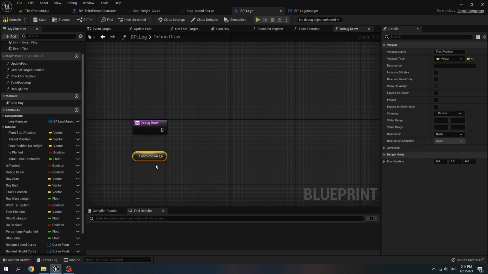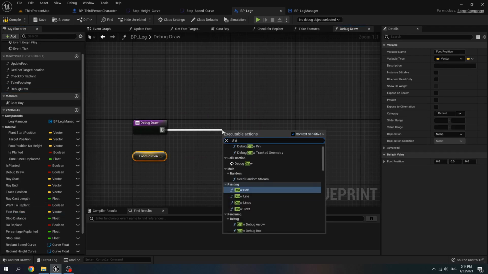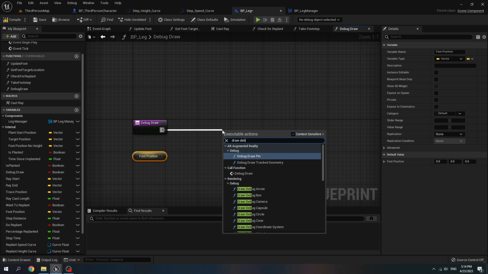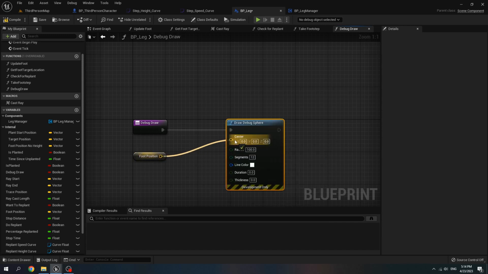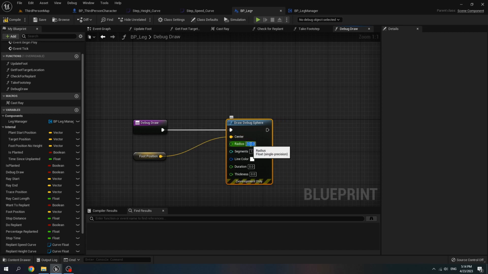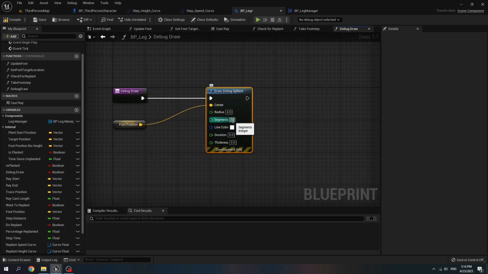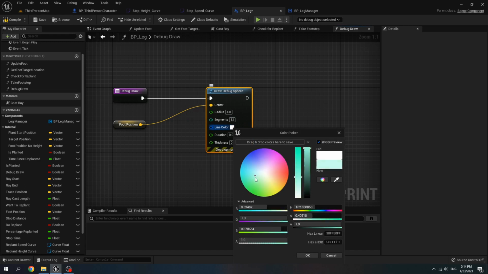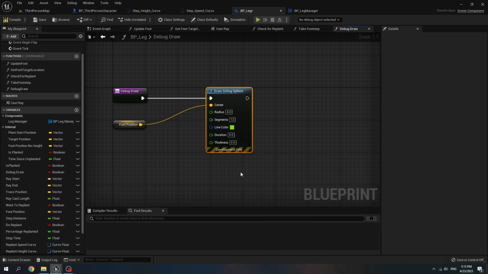Get foot position, then call draw debug sphere. Set foot position to the center and radius is 4, segments 12, line color green, duration is 0 and thickness is 2.